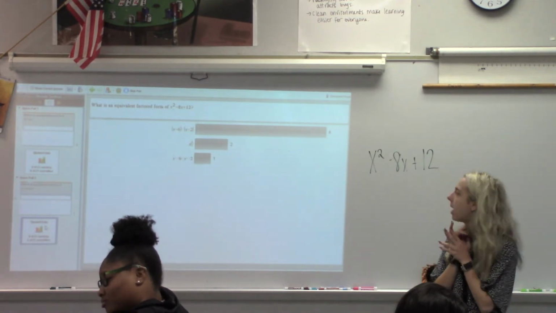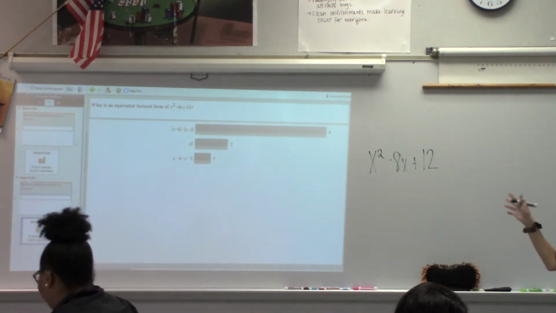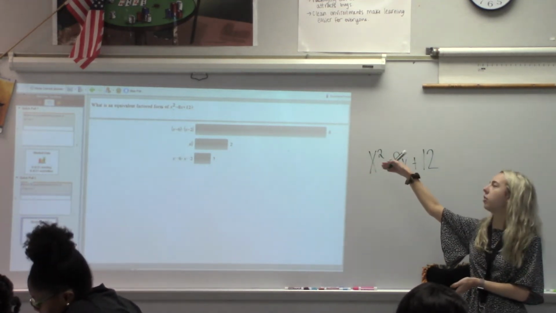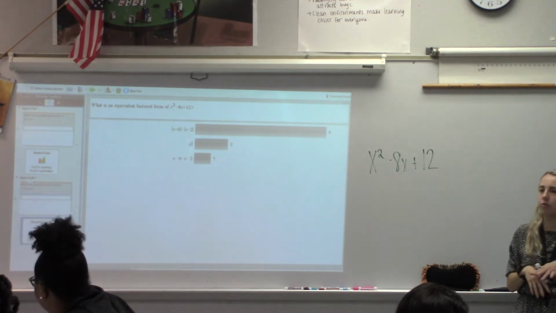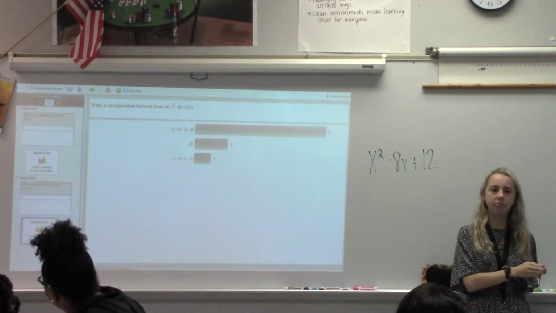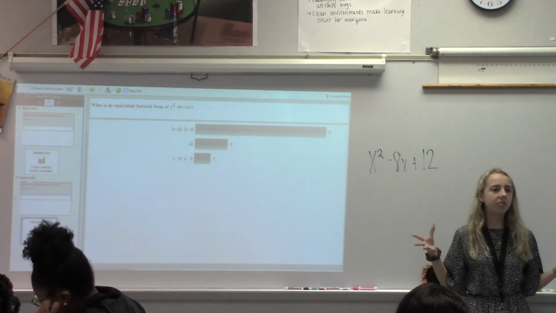Alright guys, let me get you back up here. So this, we were given this quadratic equation in the standard form, and so it wants it in factored form. This one is a perfect one to use that AC method for. So when I say the AC method,